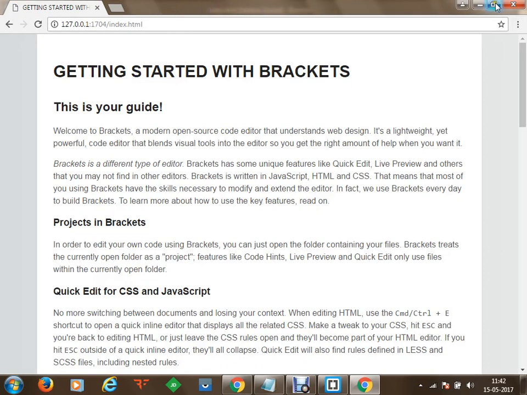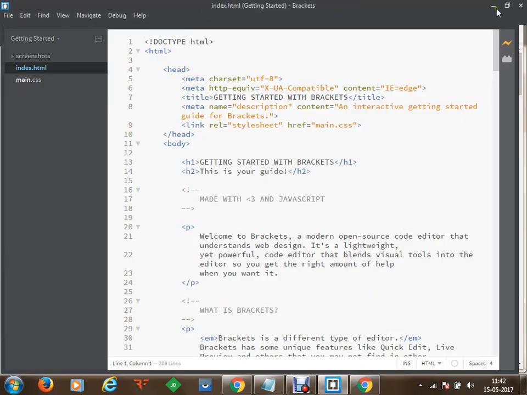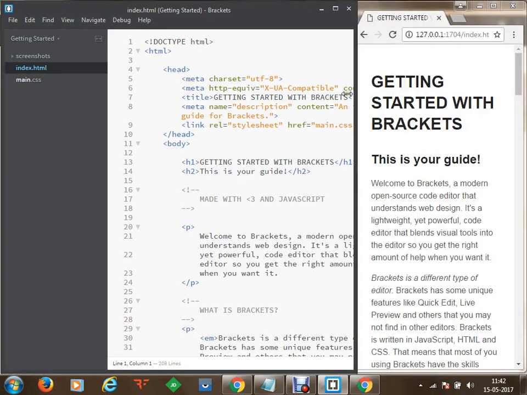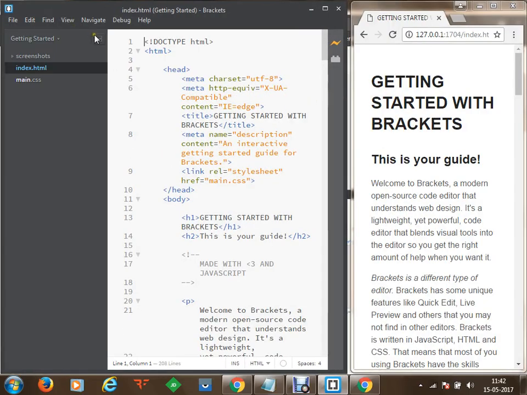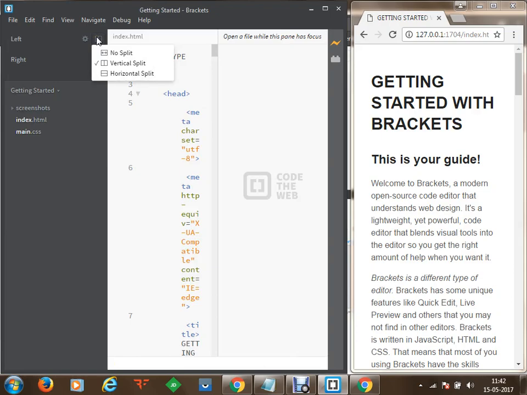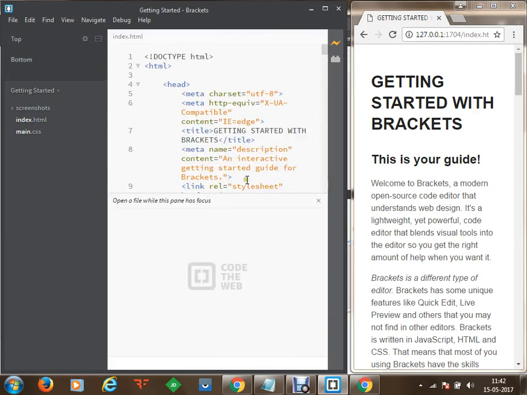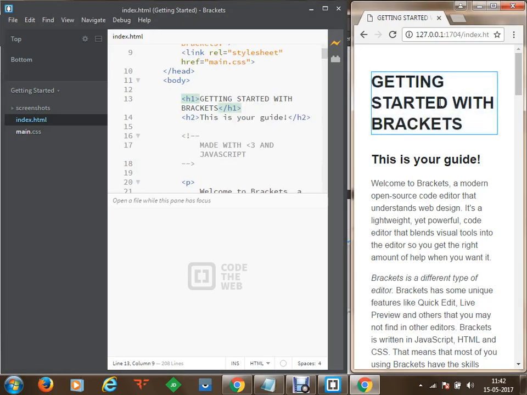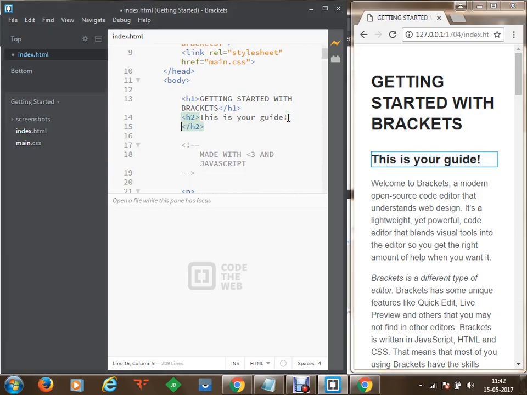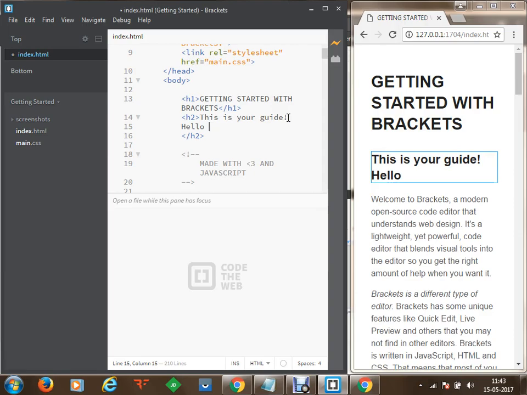So now, let's say I reduce the size a little bit. Now let's say we have the UI somewhat like this available, and I'm going to split that. Let's say this is the vertical split, you can see that, and this is the horizontal split. As soon as you click something, let's say I want to update this particular section, as soon as I click this section, that will be selected. And let's say I would like to modify this section, so I will say hello sir, something like this. That will be updated on the UI in real time.